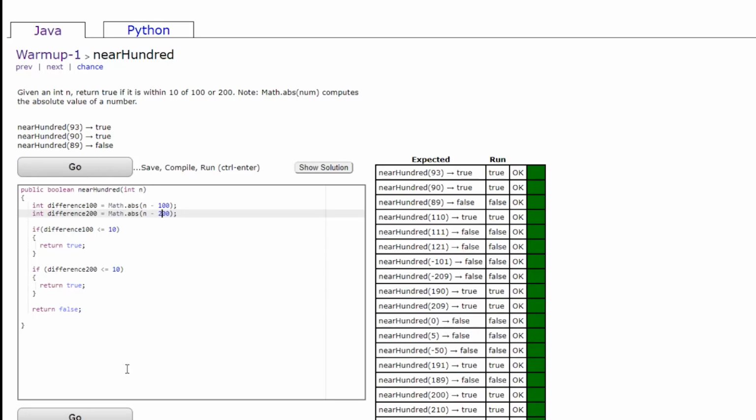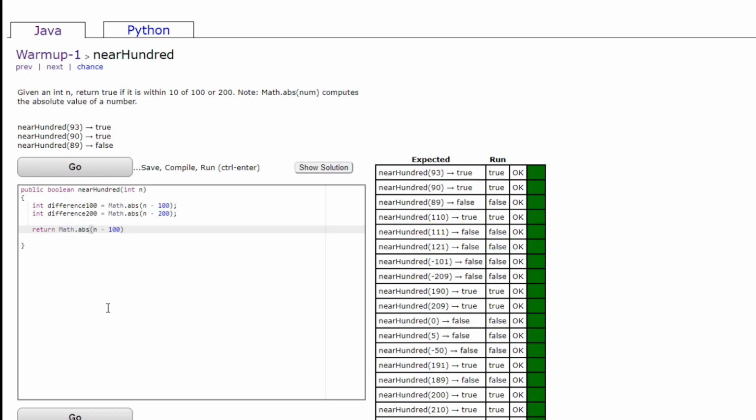However, I think we can convert this into a spicy little one-liner logical statement, and I think that would be a much better solution. So let's think about our problem here. We're just returning whether our number is within 10 of 100 or within 10 of 200. So we need a logical statement with an or here. So why don't we just take these little calculations here and make them into their own little logical statement. And we can do that by saying